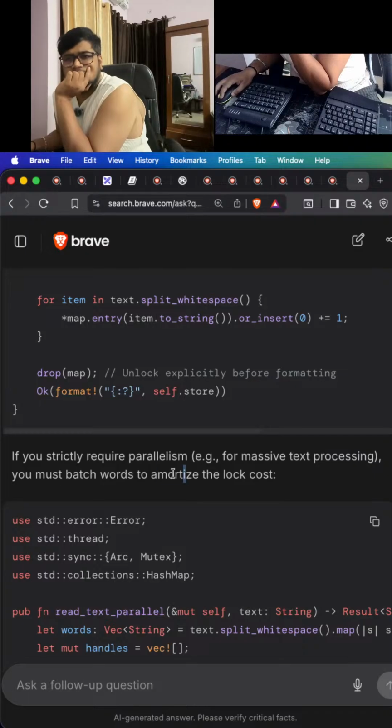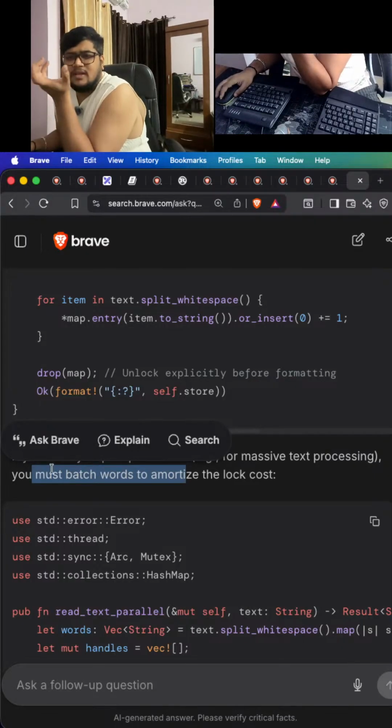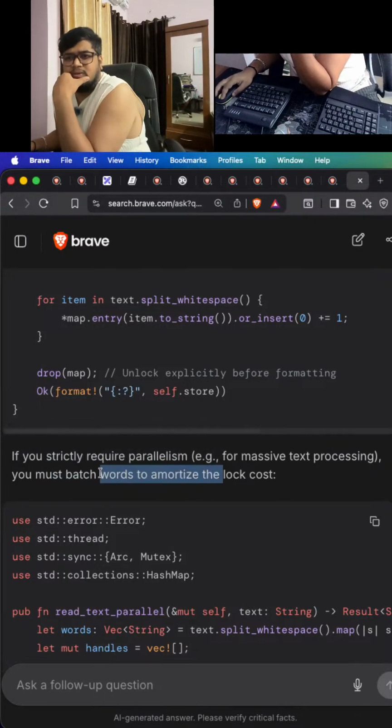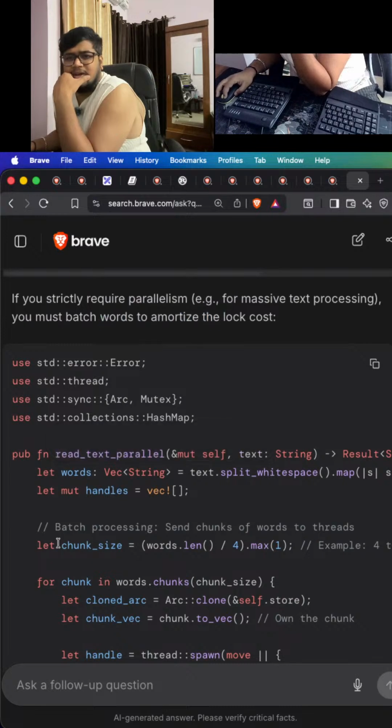Yes, I know. Either you can create chunks and work on that. Yeah, see chunk size. That's what I already told earlier. So you create the chunks, and it's good if you just use the available parallelism method from the thread crate. That will help to